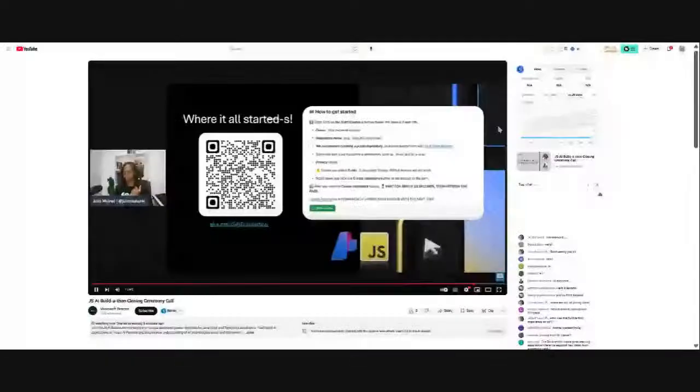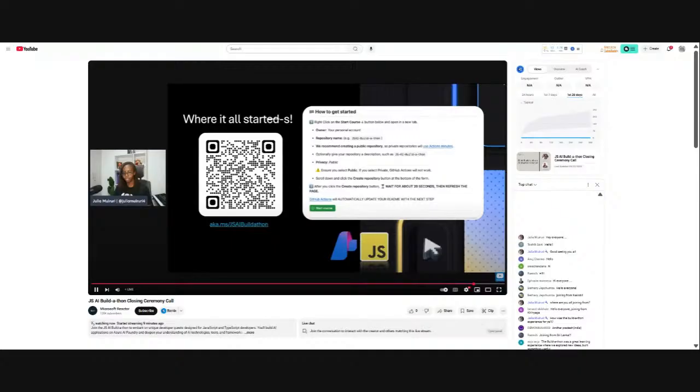I started on this one page. This is the GitHub repository where everything begins. I say this because the Build-a-Thon, as you saw, is designed to track your progress as you continue. That means you have to have this one entry point, which is the repository that we're working with. If you scan the QR code on the screen, or visit the link that I believe will be shared on the chat, you will be able to find this repository.